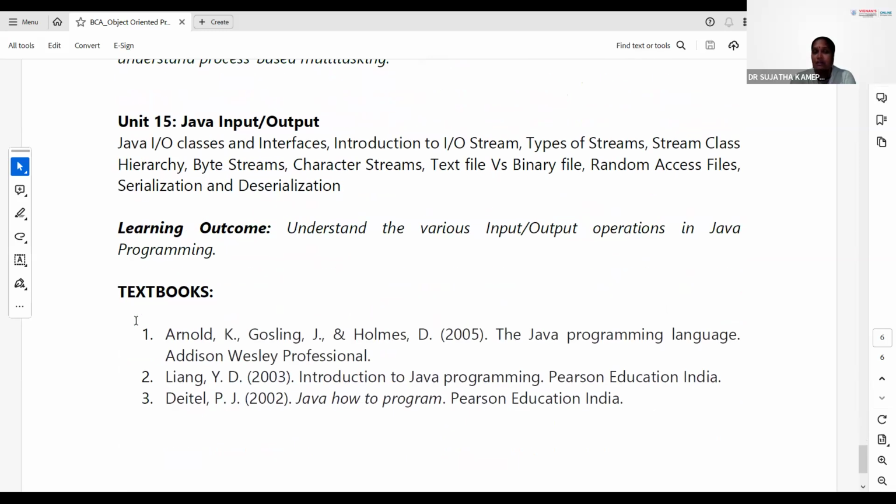And finally, we talked about Java input output. There we are talking about general input output streams, and we are talking about byte streams and character streams, and also what the differences between text files and binary files are, and what is meant by random access files, and how to convert the objects into byte streams, as well as how the byte streams can be recreated again as objects, which is nothing but the serialization and deserialization process. So all these things that we discussed in this